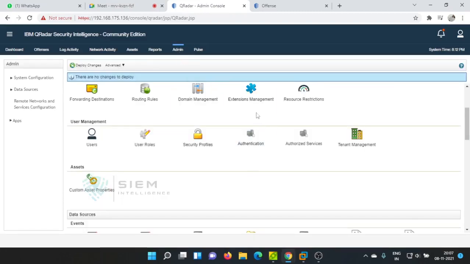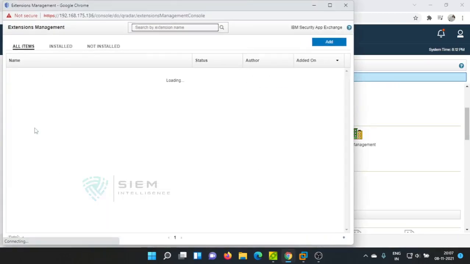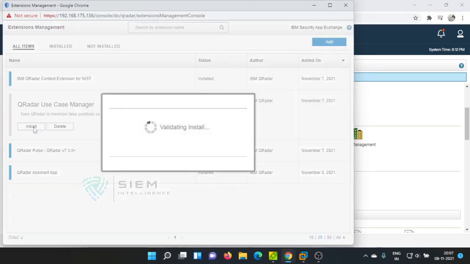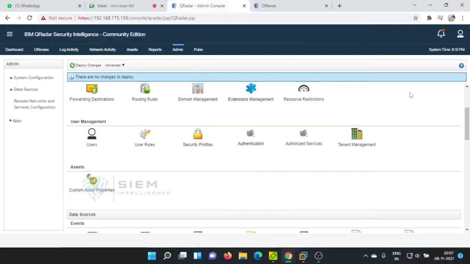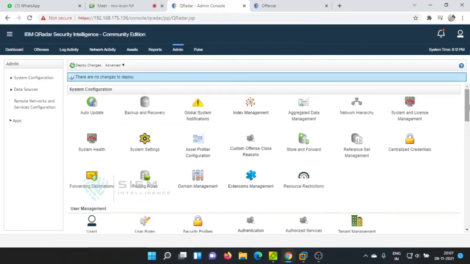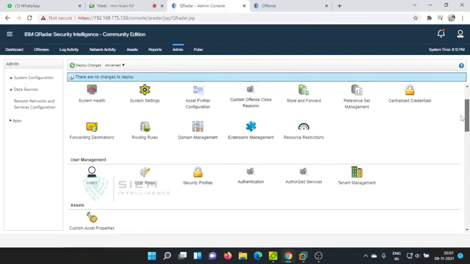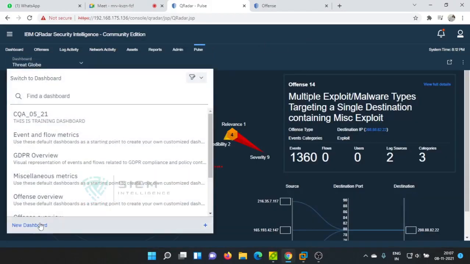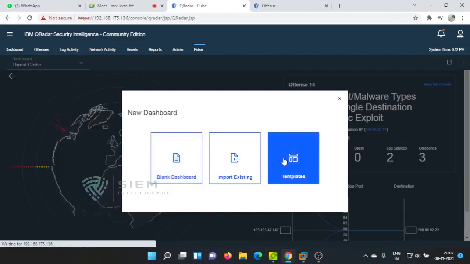I want to install this particular use case manager at any cost, so that I can show that particular area of installing your templates. Once it is installed, I can show you the template installation in Pulse. In the new dashboard, there is an application called template.